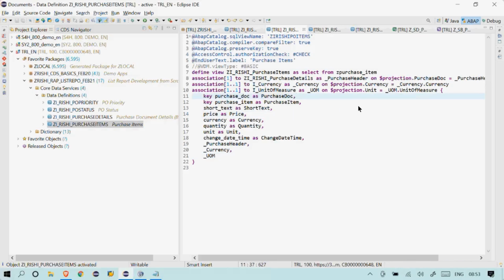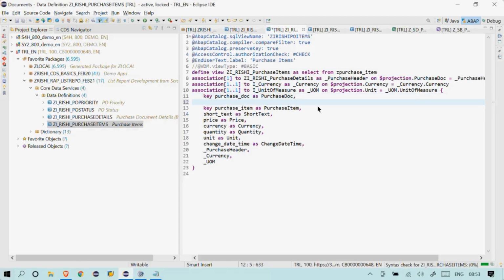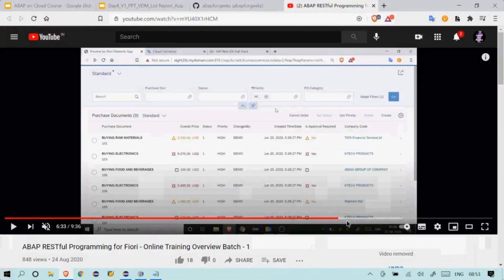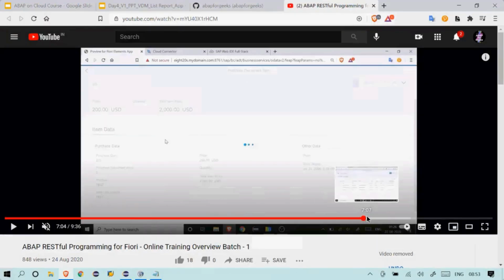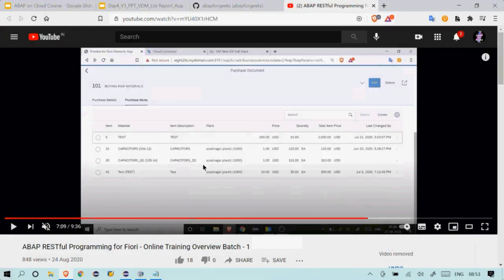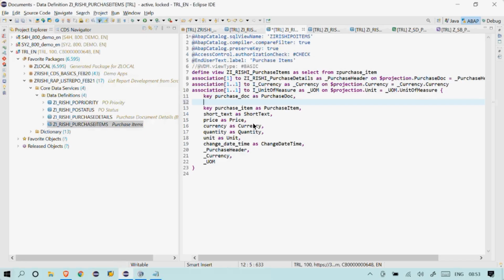How do we provide the item description as well? Just like for our purchase document, I want to see the item description when I'm displaying the data. Let me check if that is already implemented here. There is nothing like that. The item is just displaying like this, and there is no item description. The item description is a separate column, so I want to display both of them in a similar way.